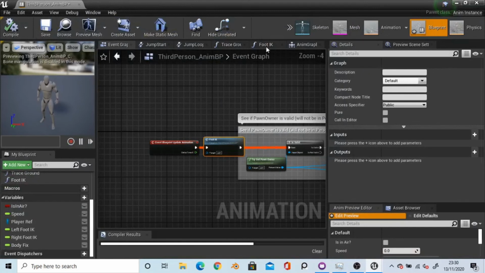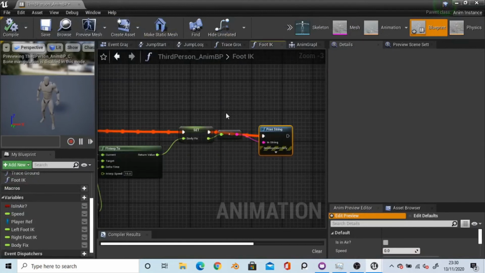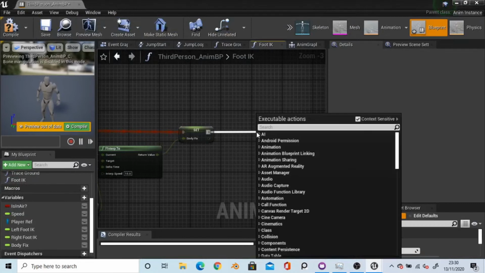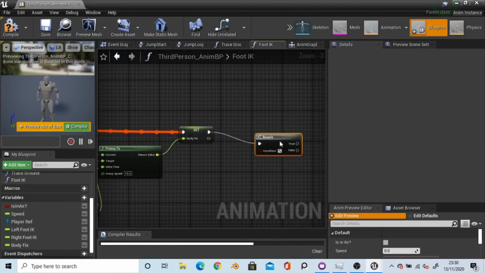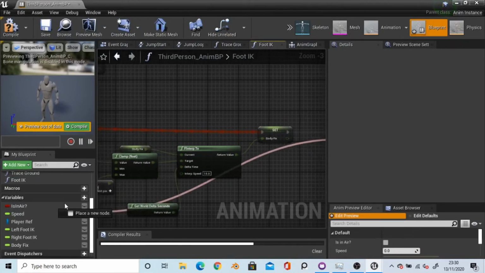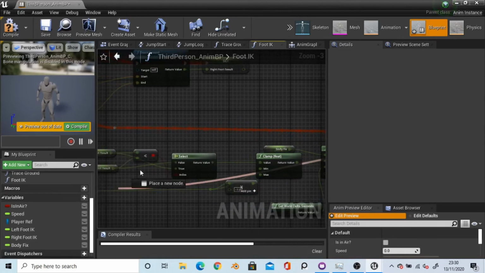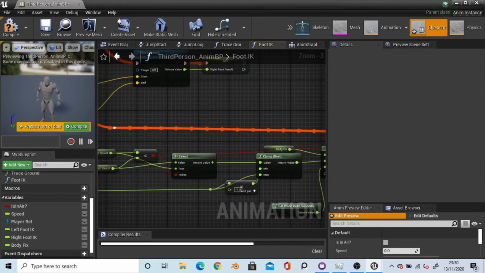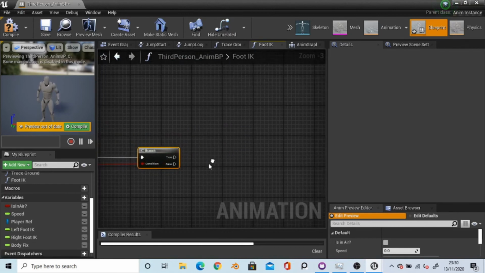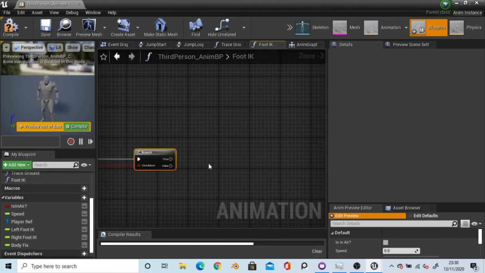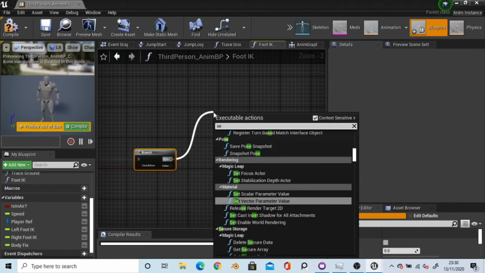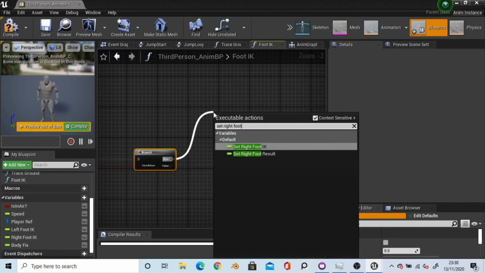So, go back to the foot IK. We can get rid of this because we know it's working, and we need a branch after this. The condition is going to be the same one that drove the select, which is all the way back here. On true, we want to choose the right foot to set the IK to. So set right foot IK,